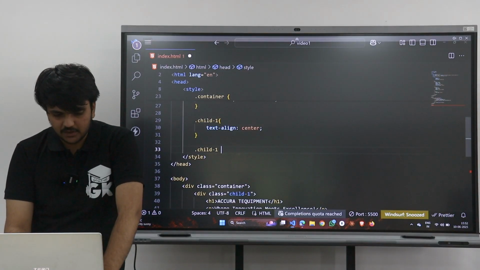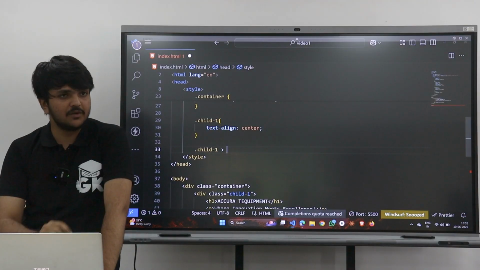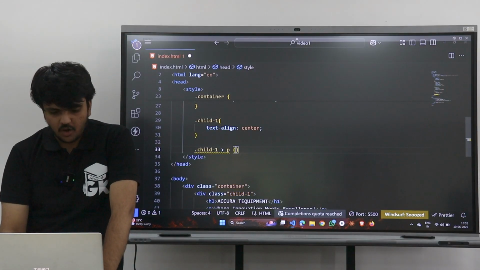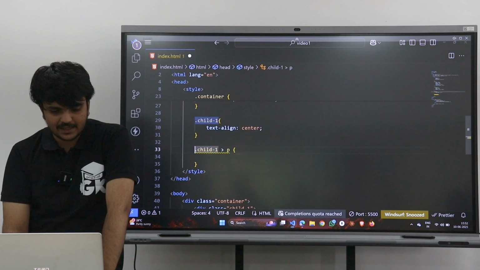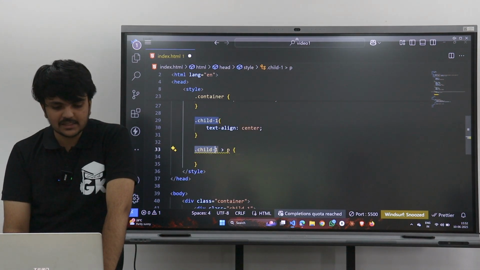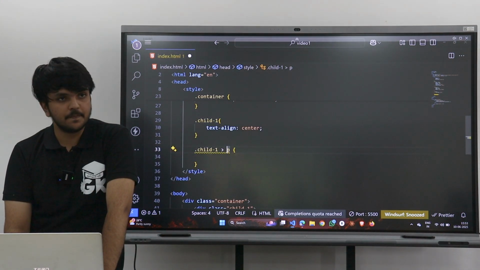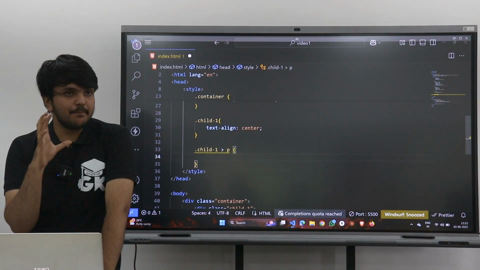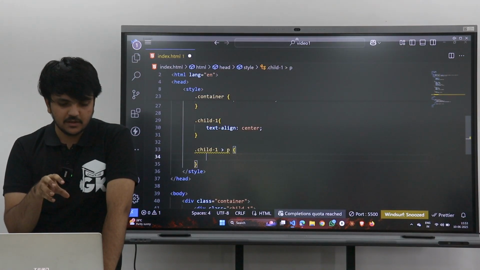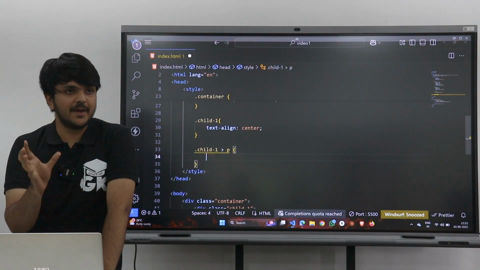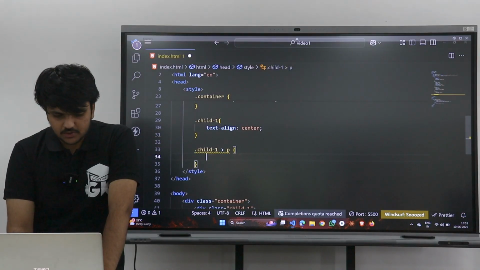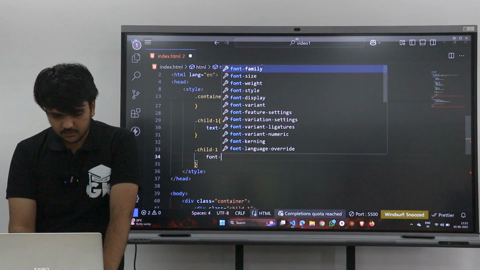To do that, I will use the closing angular bracket, which means inside child 1, all the direct children that are paragraphs. I am targeting the paragraphs that are direct children of child 1. This line means that. In that, I will give it a font size,